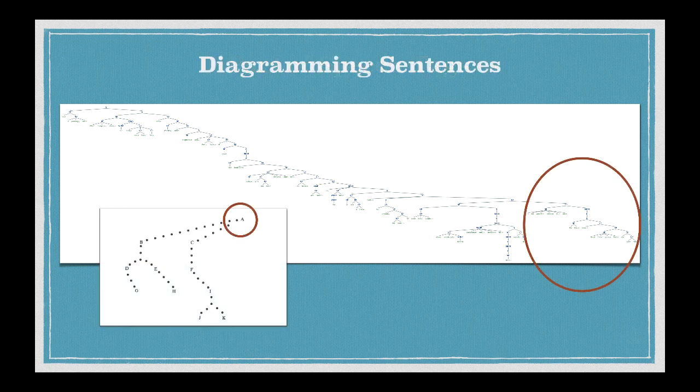But I did want to point out the relationship between what NLTK is doing and what Corns is doing. So here's Corns' diagram. And again, I've circled that clause A, which is the one that Corns thinks is the most important, and I've circled it here on the NLTK diagram so you can see where it goes. They both occur on the right-hand side of the diagram because, obviously, it occurs at the end of the sentence. But whereas Corns puts it at the top because it's really important for the overall structure and the overall meaning of the sentence, you'll notice that NLTK doesn't.